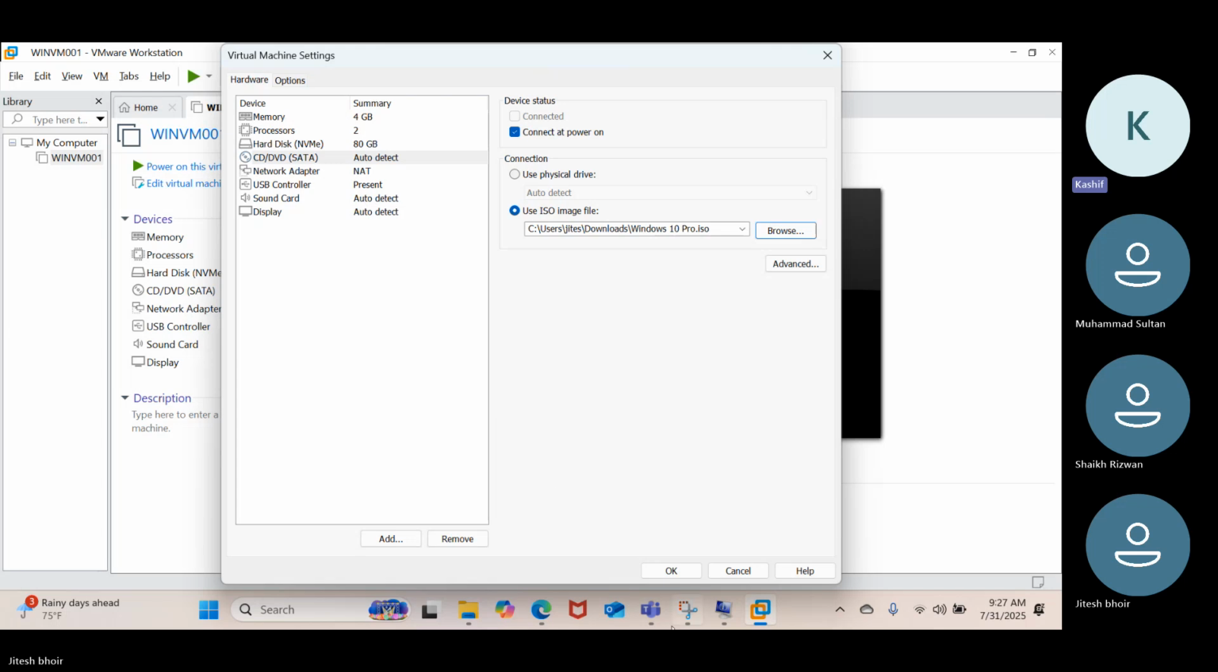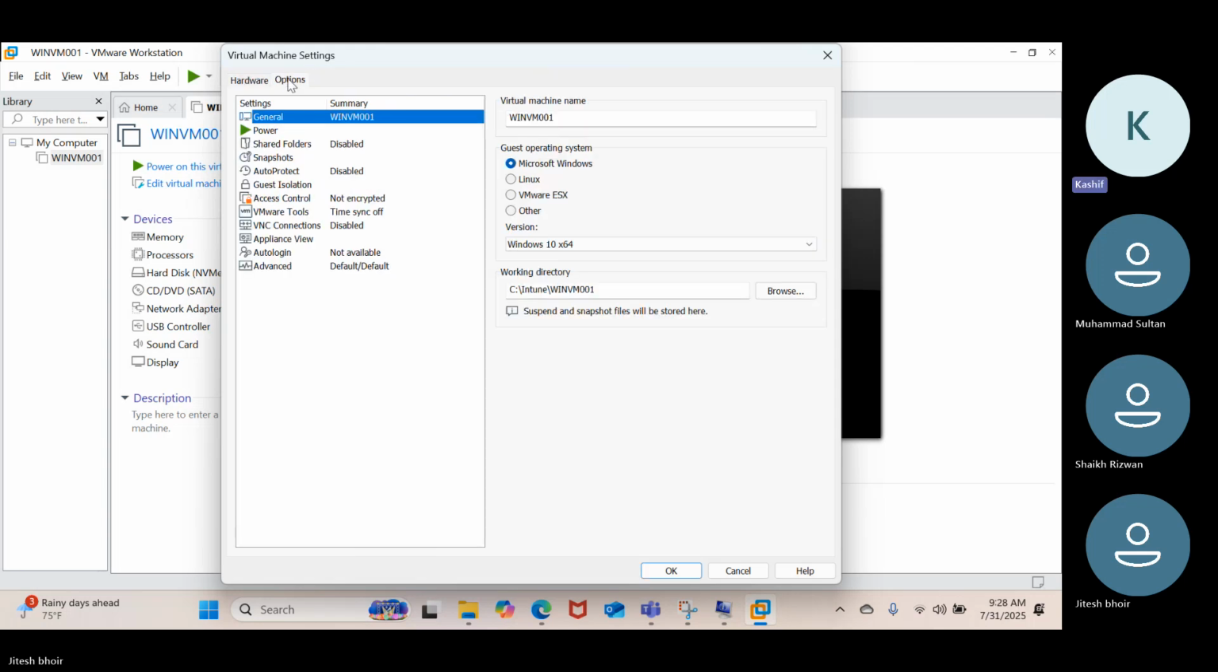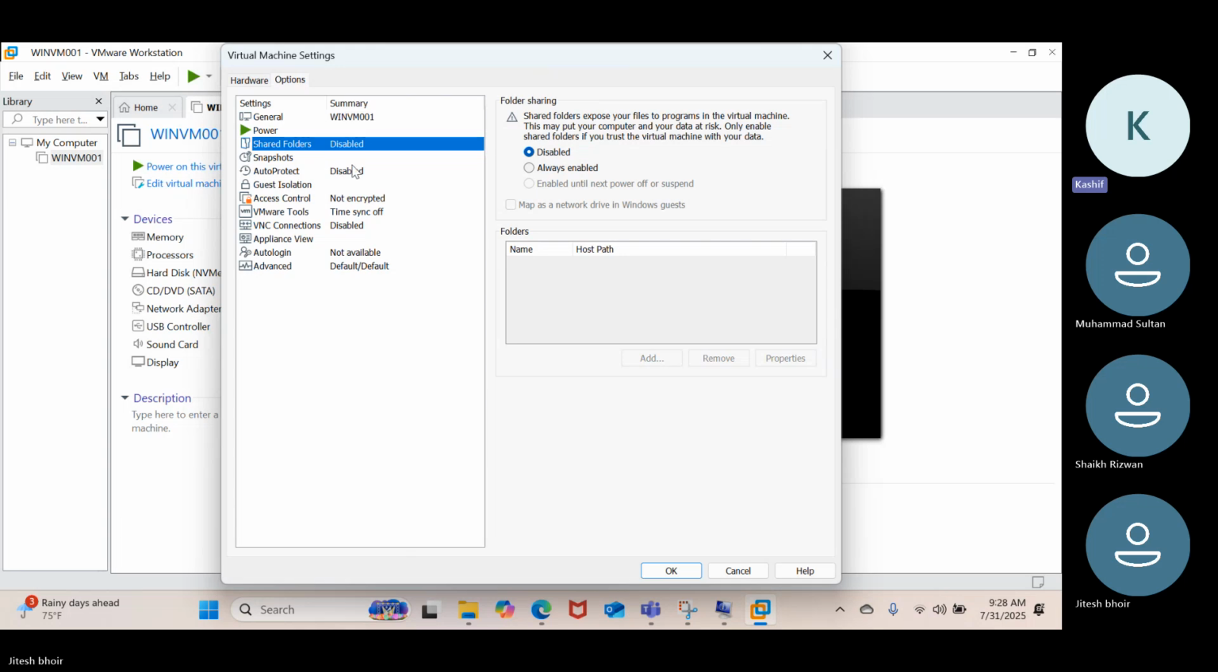Okay, now in this one, you have options on the top. Click on option. Now you have one option called shared folders. Click on disabled one. The shared folder is disabled. What is shared folder? Your laptop folder will be shared in the virtual machine, so that you can do file transfer between host machine to guest, guest to host. So click on always enabled,